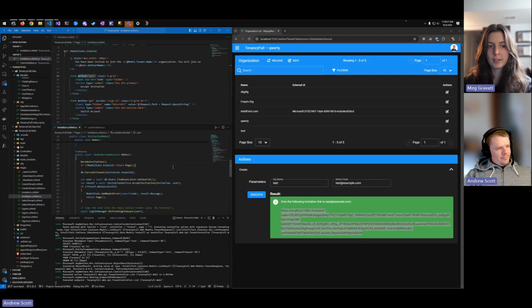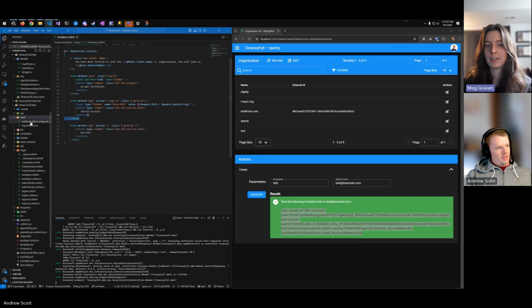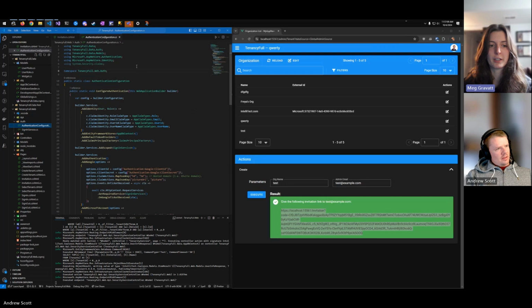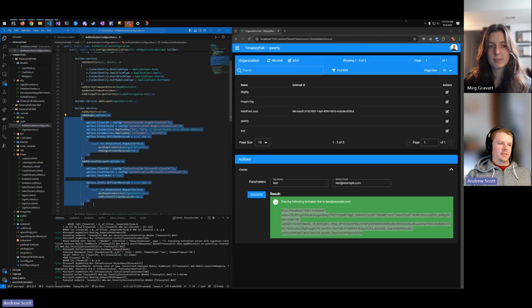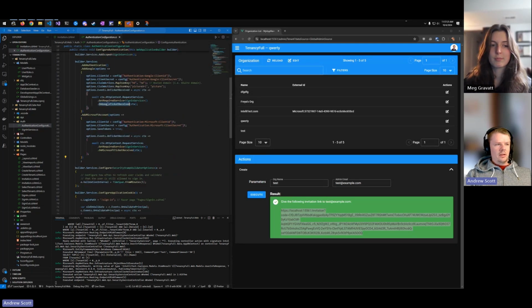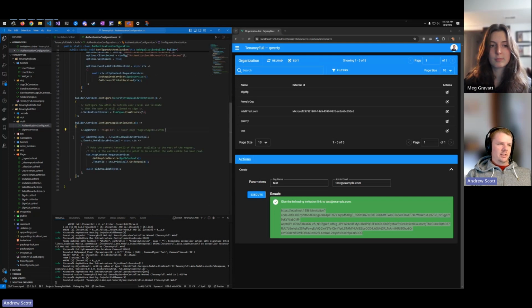Great. Yeah. I think that covers all the tenancy stuff, at least at a very high level. Definitely go in, pull the template down, play with it, look around. Is there anything else that we want to go over real quick? Yeah, just to breeze through some of the configuration here. This will be pretty similar to what you get out of the box for Google and Microsoft external sign-in providers. But we'll note the thing that's going to be different here is, first, on this